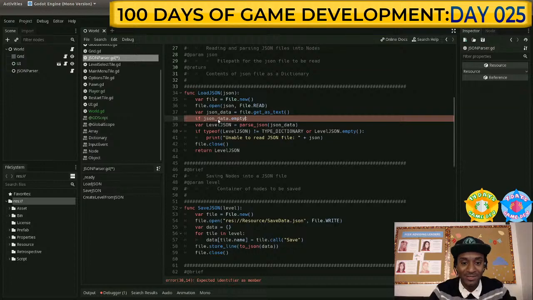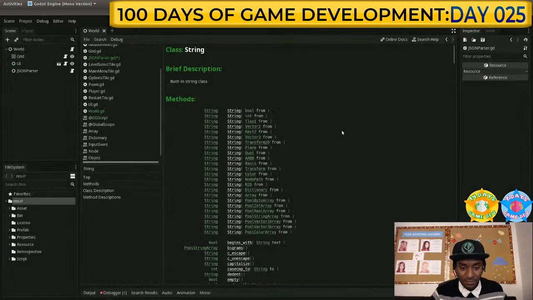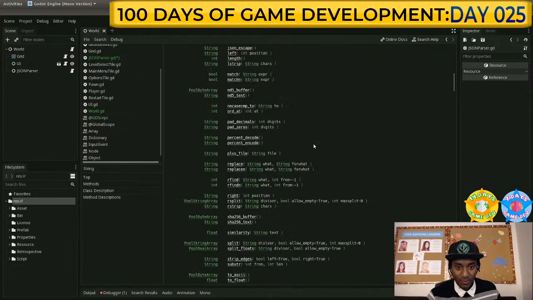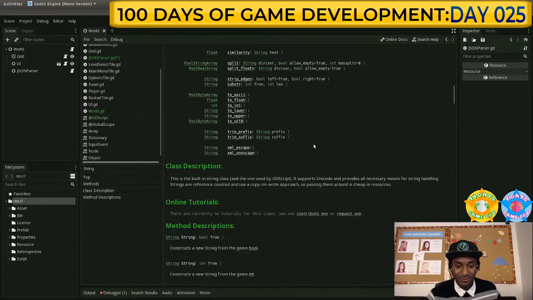Empty. I wonder if I can call empty on a string. That would be amazing. String is valid, is empty. I don't see is empty. Ends with, erase, ends with, find, format. There's just no empty for it. Fine. Fine. I'll just use